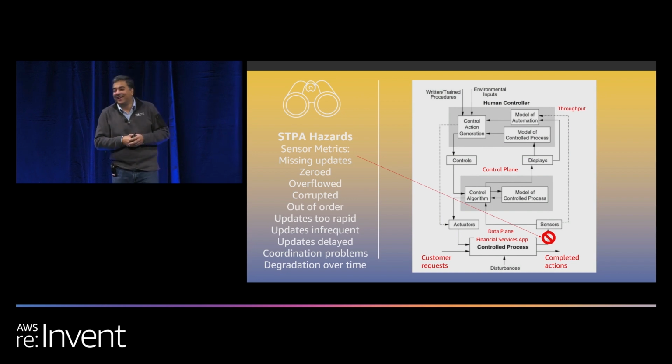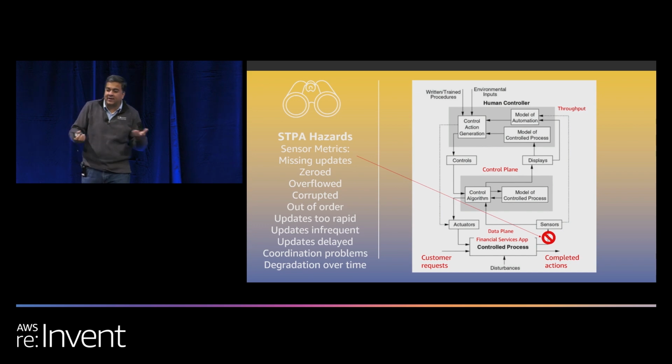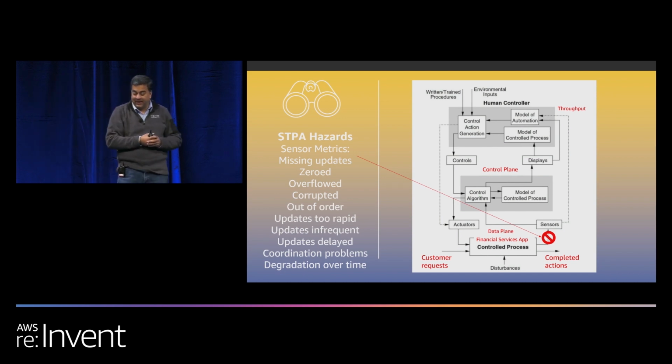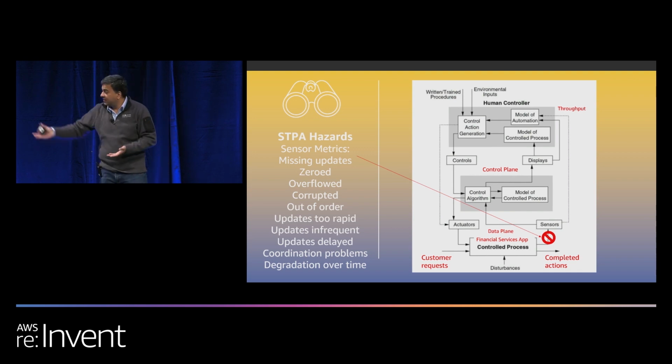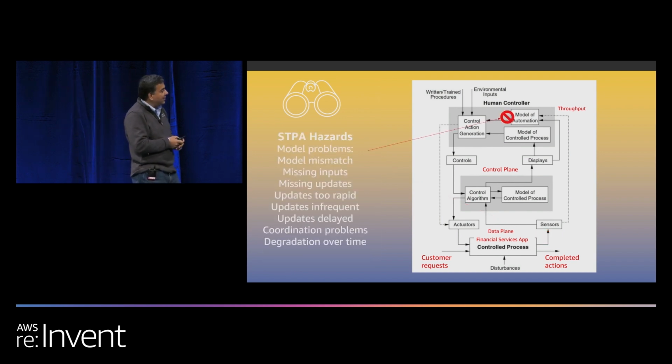So there's an example, and someone in the audience pointed it out. I didn't want to bring it up, but it's a Boeing story, right? Over there, they had one sensor, and the sensor was not giving the right data. There were two sensors, and it was not giving the right data, and basically it was forcing the plane down. So that could be one of the issues, right? So you have out of order, update too rapid, things like that. So you want to look at those controls as well, right?